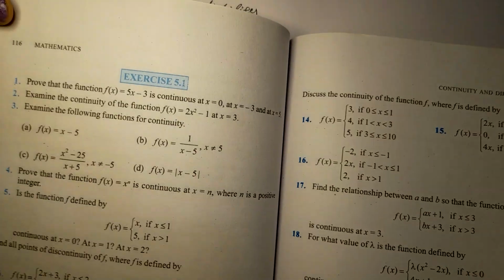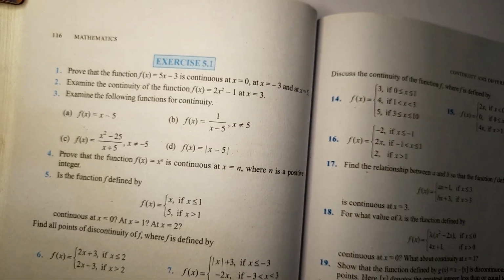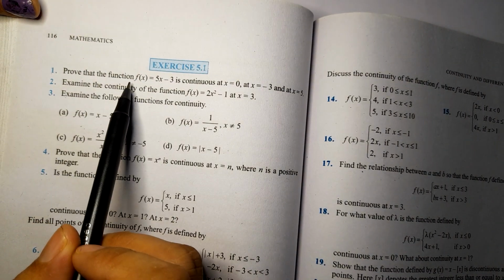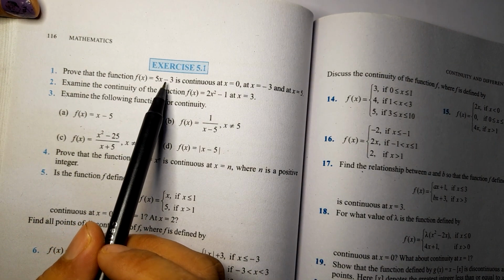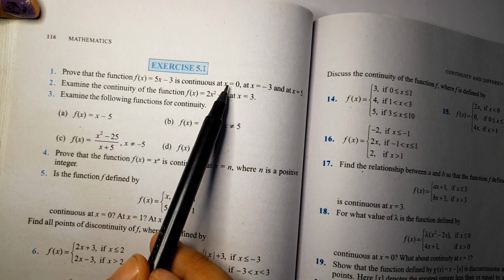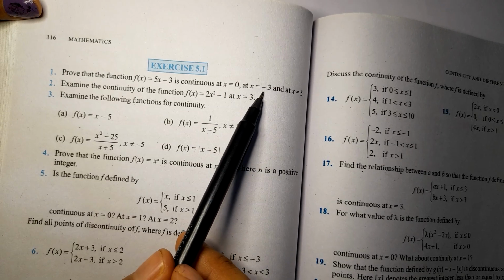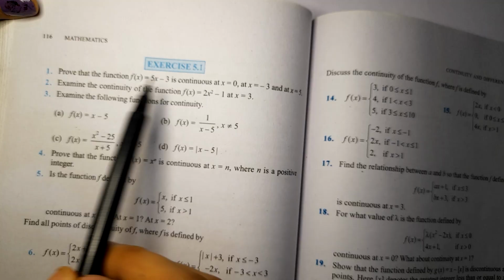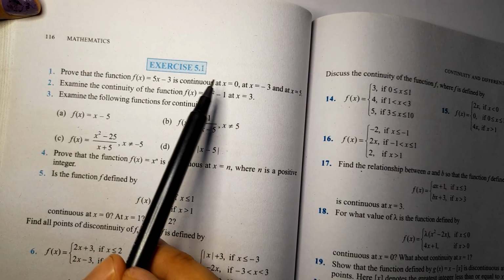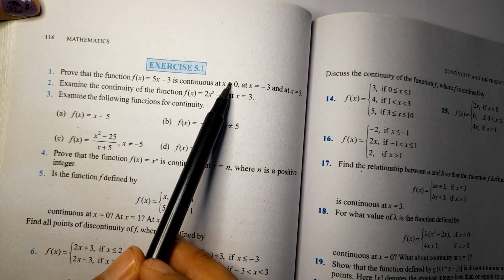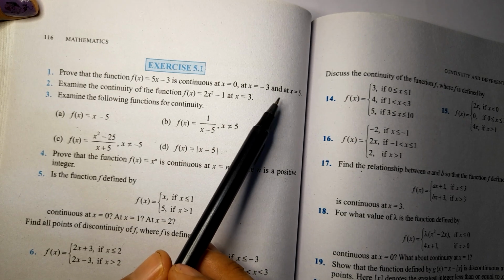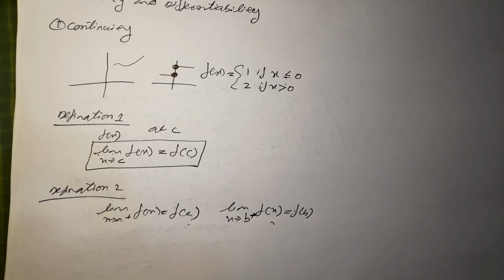Now exercise 5.1, question number 1. Prove that the function f of x equal to 5x minus 3 is continuous at x equal to 0, x equal to minus 3 and x equal to 5. We have to check whether this function is continuous at x equal to 0, at x equal to minus 3 and at x equal to 5. So first, the given function is f of x equal to